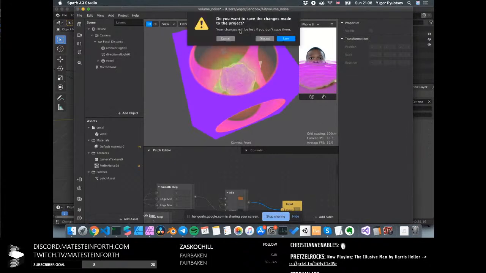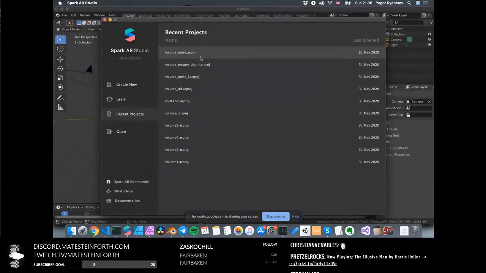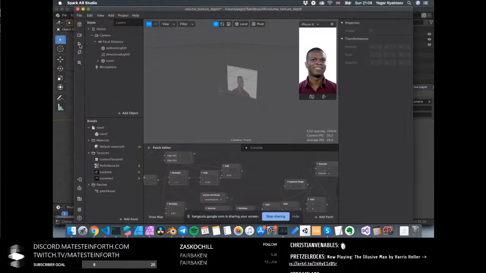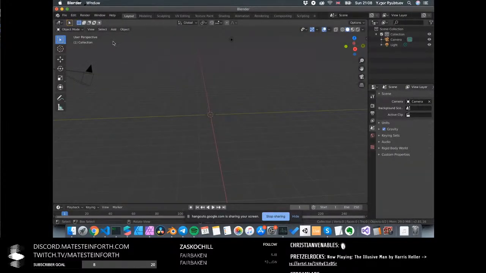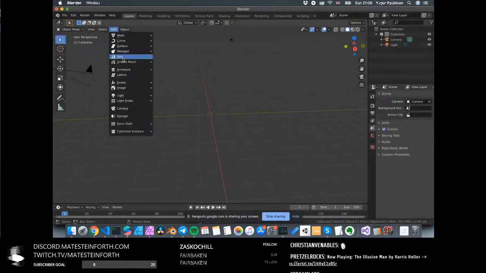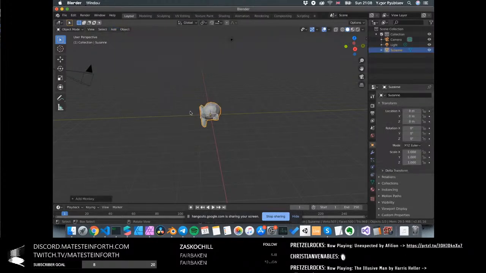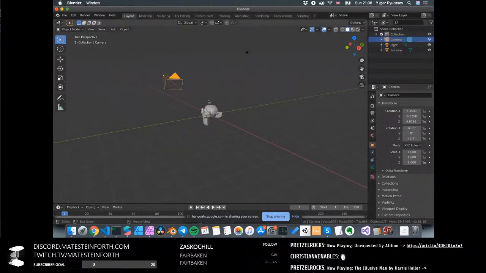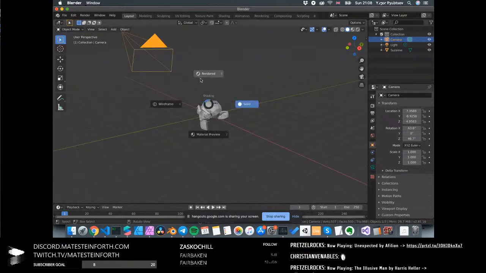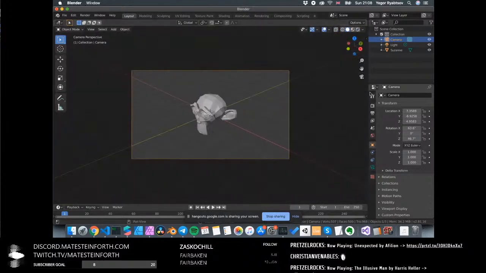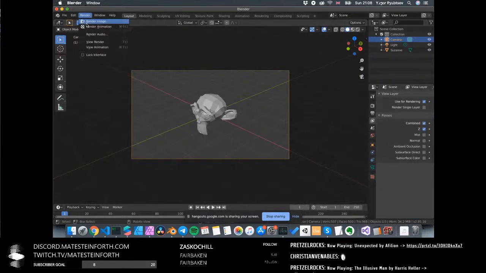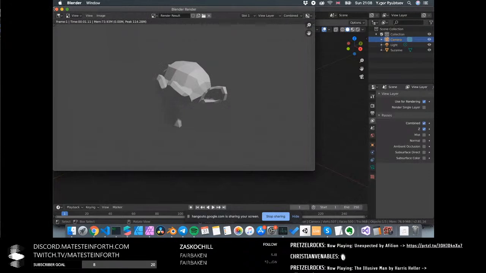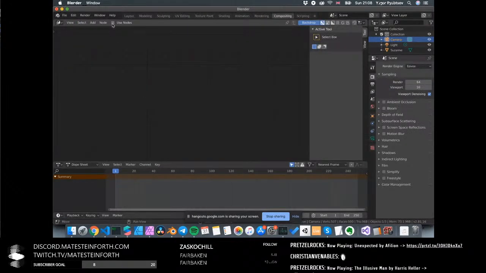Okay, never mind. Let's close this one, save it, and go for the final one. I just hit pause. So what I did in Blender is I added a mesh, and I won't go into the whole process, but I added a solid camera. If I go and render this, and then go into the compositing nodes,